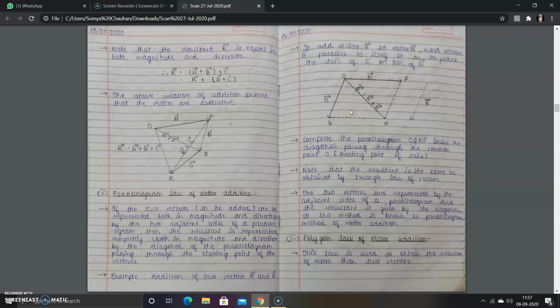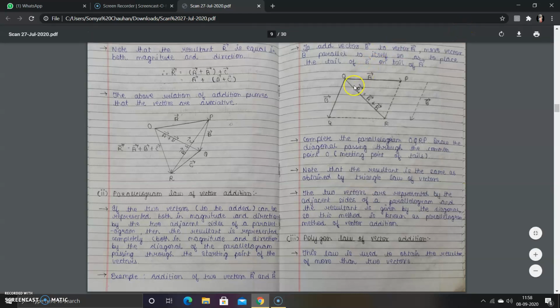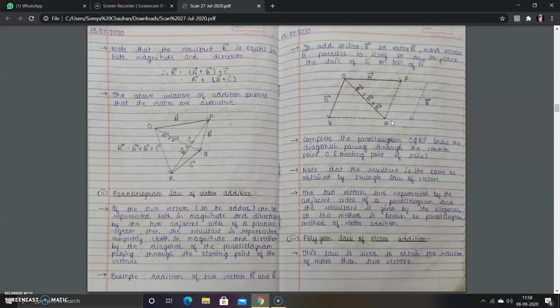But as we know that parallelogram is having four sides. How we can draw the four sides? As we know from the property of parallelogram that opposite sides are equal in magnitude and parallel in direction. So you can draw the parallel vectors of a vector and b vector. It will give you the resultant parallelogram. The resultant vector will be given by the diagonal which is passing through the coinciding point of the two vectors. That is, O से जो pass होने वाला diagonal होगा, that will give you the resultant of any two vectors. So resultant will be given as a plus b.